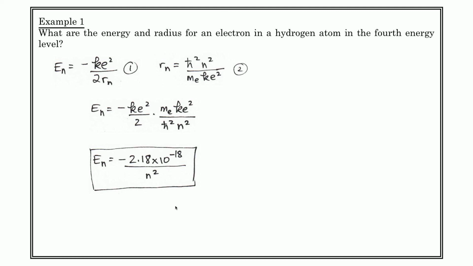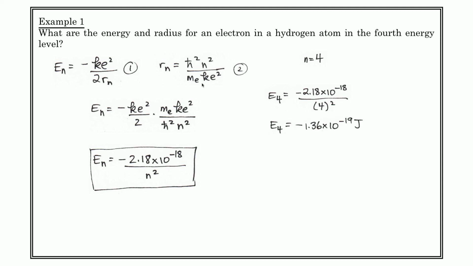So now I've got energy that depends on n, and radius that depends on n, and so I can find the energy and the radius for an electron in the 4th energy level because n is equal to 4. So E4 is equal to minus 2.18 times 10 to the minus 18, all divided by 4 squared,